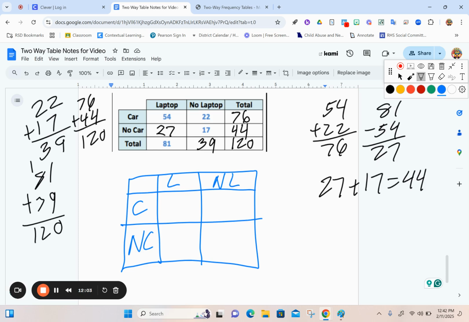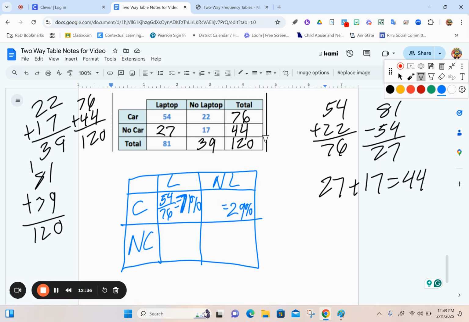Then this I would do 54 divided by 76 times 100, 71%. That one number should fill out this one over here. So then that means 100 minus 71 leaves me with 29%,